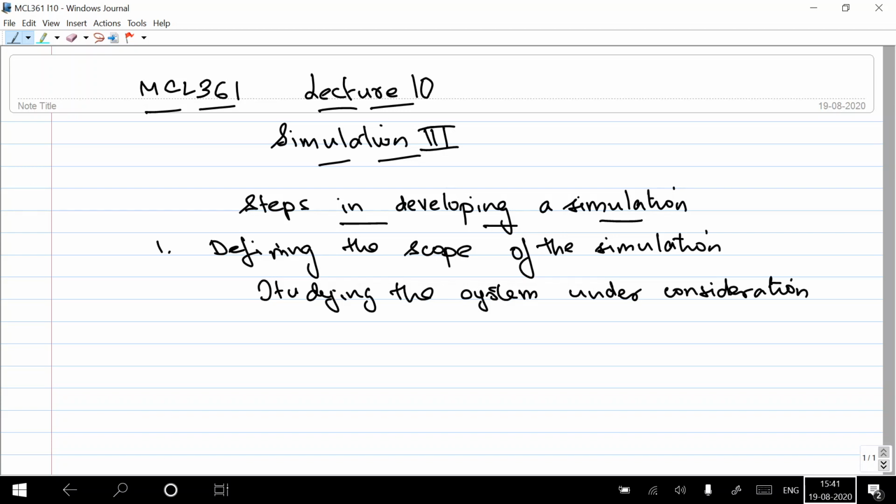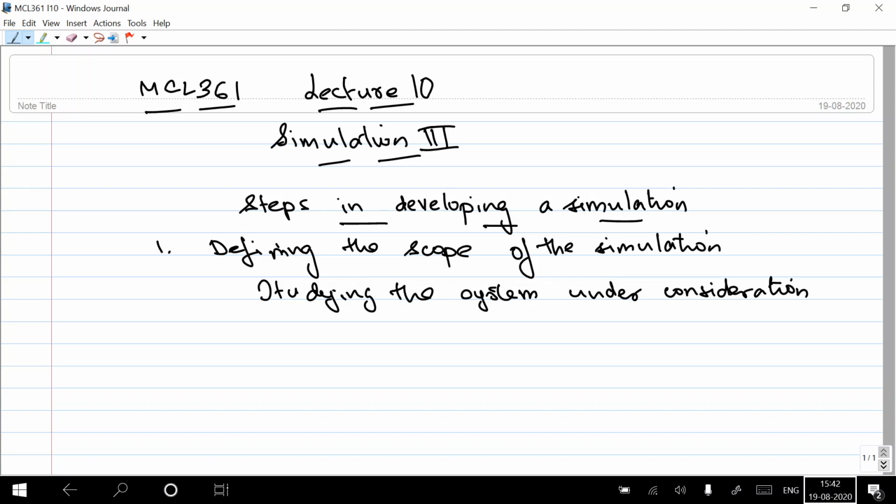And that is something you have to decide, once again, by having one or multiple conversations with the stakeholders and figuring out exactly what to include. You may want to develop a general purpose simulation, still, some things might be more important than others. So you have to figure out what to include in the model. This is not an easy step. I can't tell you exactly how to go about it, but these are the overall steps that you want to follow. You first have to go observe the system, talk to the stakeholders, and then figure out what it is that you're going to include in your system, right?